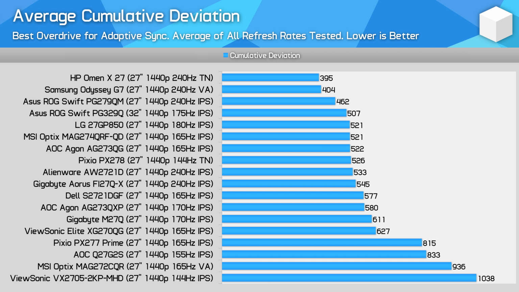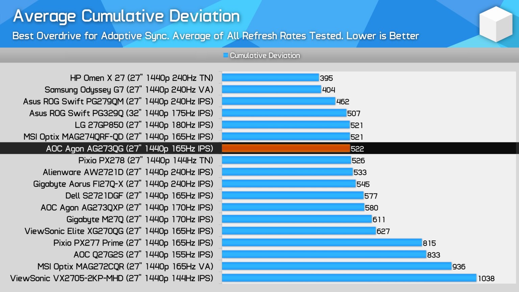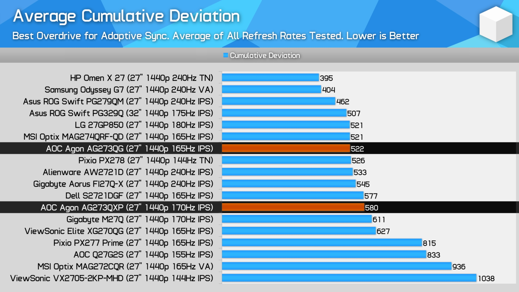You can watch our video linked in the description below that provides more information on this metric, but basically, cumulative deviation measures how close a response gets to the ideal instant response, so it gives us a better idea of the balance between speed and overshoot. In this metric, the G-Sync model is 11% better and ultimately ends up one of the best implementations of this LG Nano IPS monitor. Not quite as good as the new LG 27G P850, but better than others like the